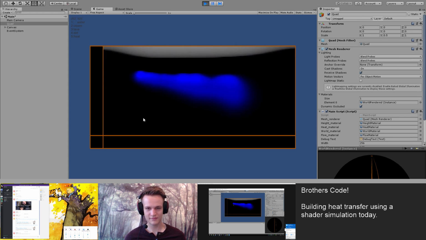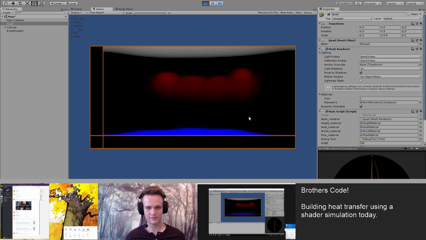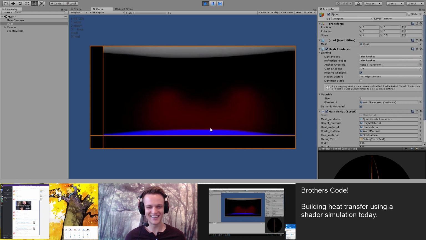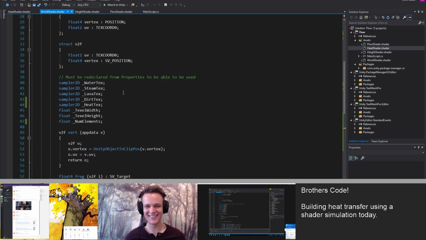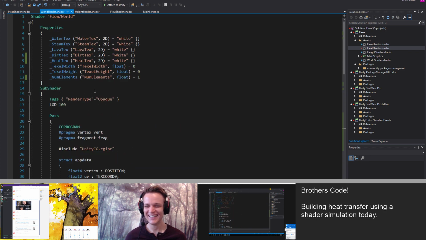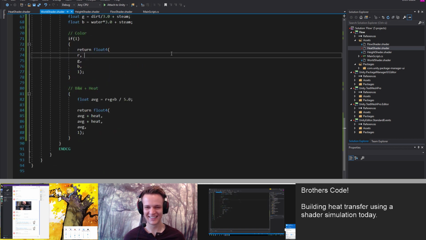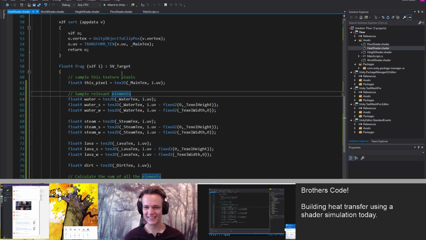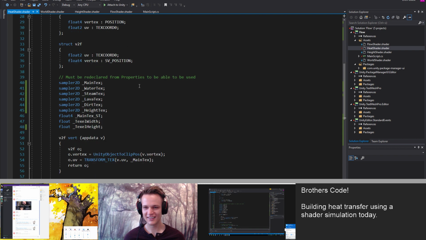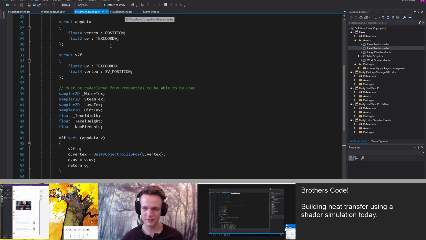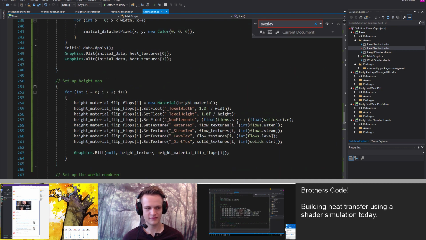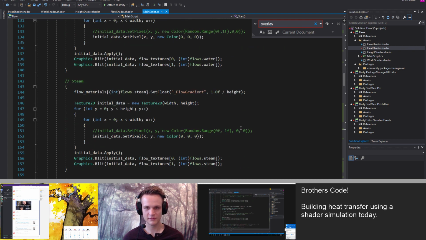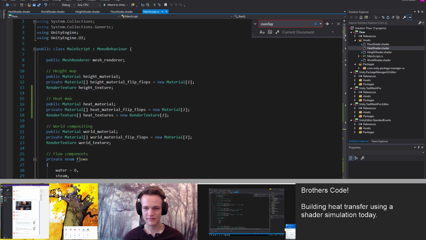Steam rises, water sinks, lava sinks a little bit more slowly. They're all various different colors. Lava's really not really affected by gravity. Yeah, fine, and it doesn't have to be. In the background are basically just a lot of shaders. That's the world shader. This is the heat shader, which hopefully we'll be working on this time. Height, flow, they all have the basic same structure to them. And of course, the main script, where it's a giant .cs file that isn't very structured, but meets my needs.